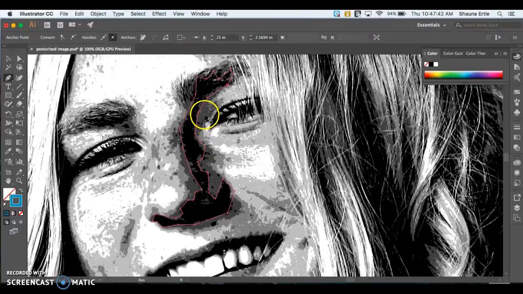You don't want an area to start maybe here and then stop, because that way when you go to fill that color in, you're going to have a lot of extra space that's going to fill everything else in that's not connected. So you always want to connect your shapes, overlap them, just make sure again that they're closed and there's no open shapes. I'm going to move into this lighter section here,